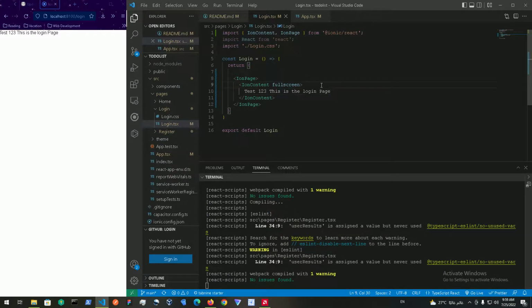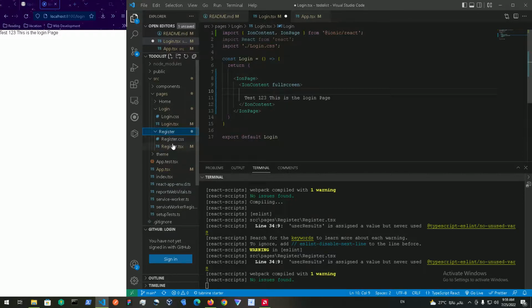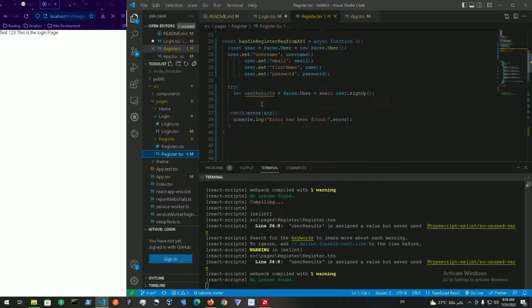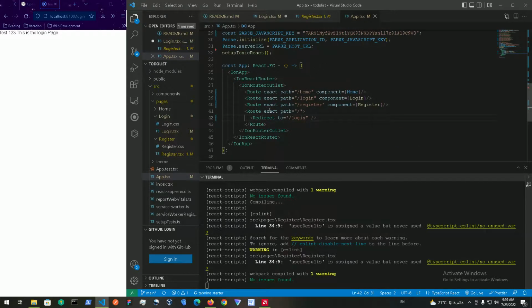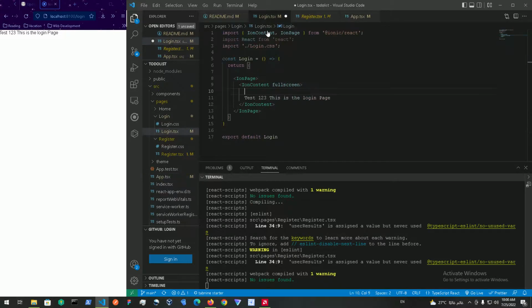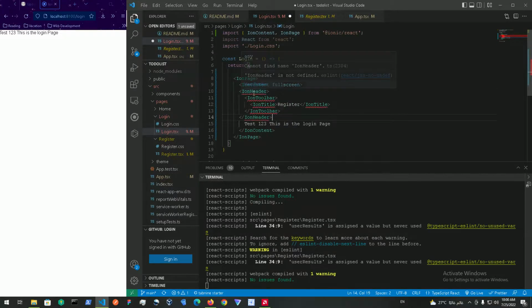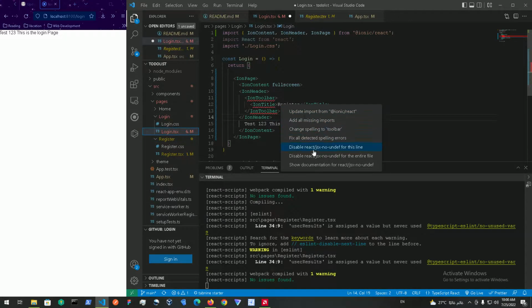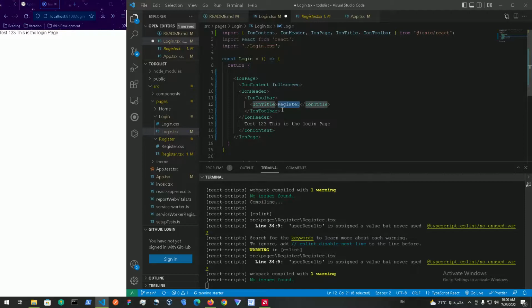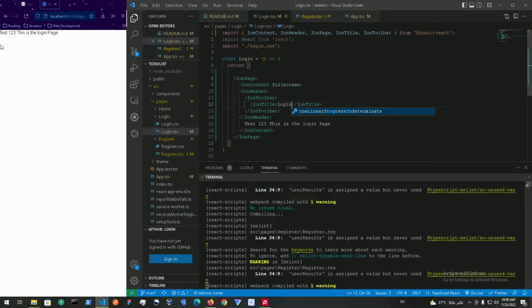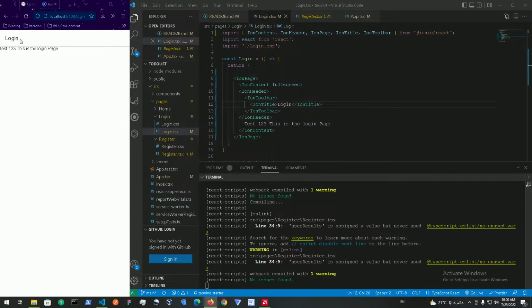Alright, so let's basically add in the header right now. We don't want to keep on repeating the same thing, so we're just going to get the header we have written before in the register. Alright, and we're just going to add this into login, and we're just gonna import this. Can we update all of them? All right, and just import this, and we're gonna change it into login. All right, so right now we have login,